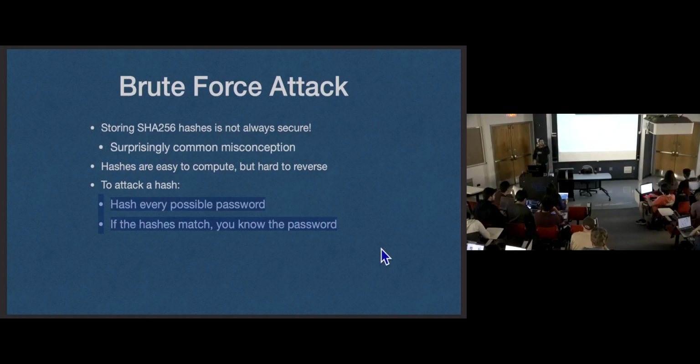So you just take a whole bunch of guesses. I think the password's one of these million guesses. You hash them all until you find one that matches the hash that you're trying to crack. This is a brute force attack. In general, you just try every possible input string until the output matches the hash that you're trying to crack. And once it does match, you know what the input was. You know what that password is. So if somebody has a weak password, you just try a bunch of common passwords and you're going to crack that hash and know that password, even though it was hashed.